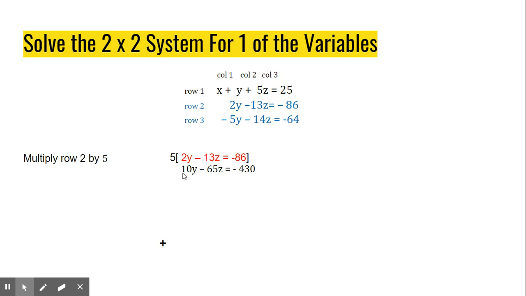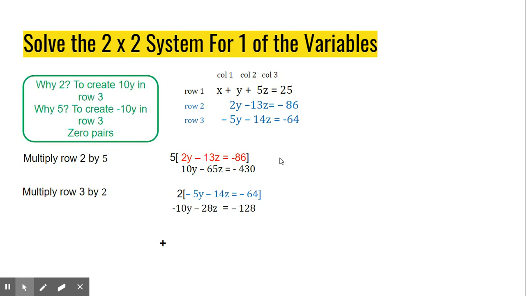And I get this, 10y minus 65z is equal to -430. And then I'm going to multiply row 3 by 2. This creates a zero pair of 10y and -10y. So that when I add my two modified equations together,